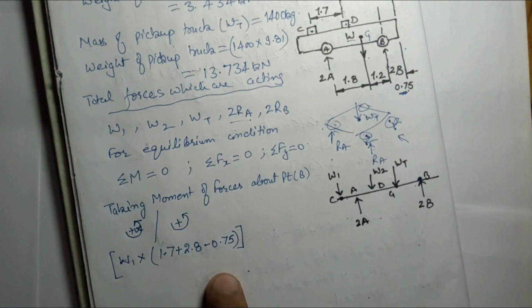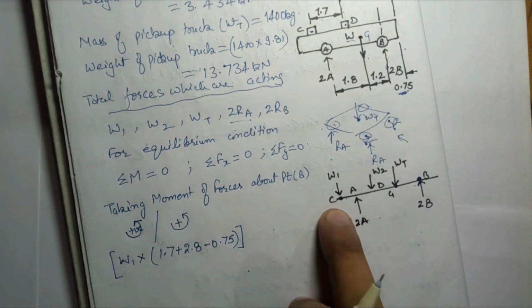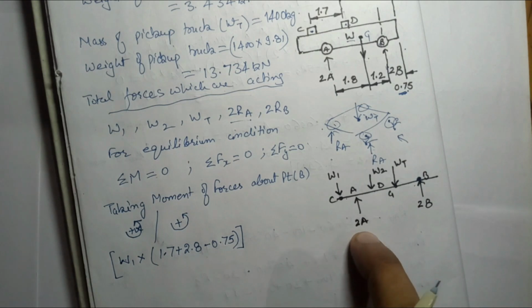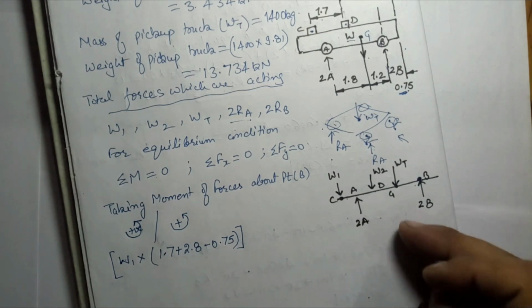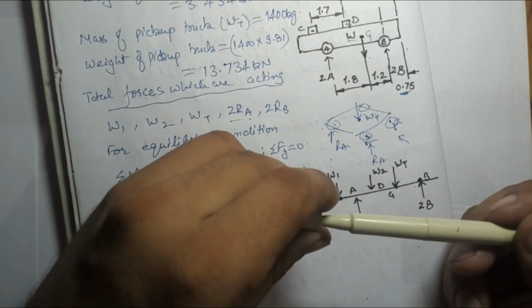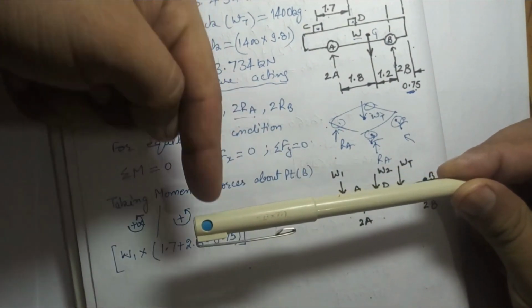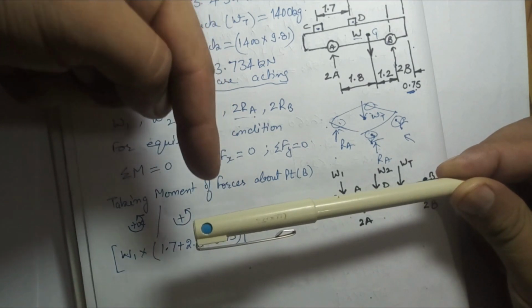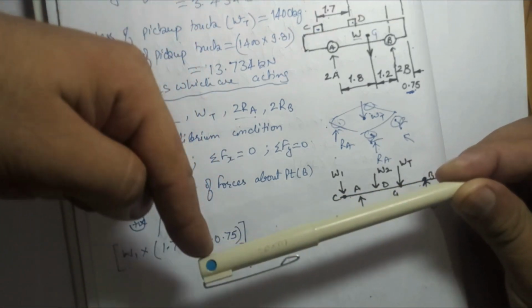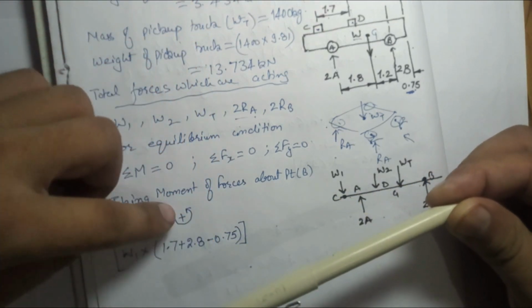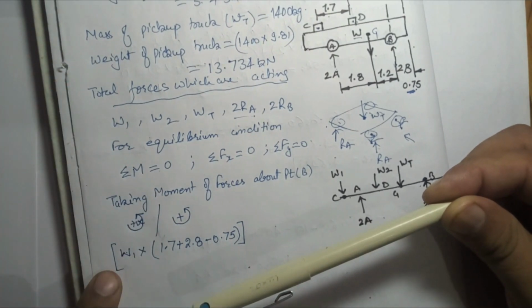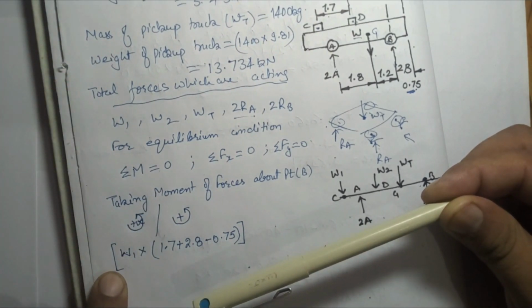So this is the first moment of force for W1. Now we will go for this normal reaction, the second force. Now I have taken it in this way. So this is the B point and this is the force W1. It is acting downward, so it will give anti-clockwise. I have taken anti-clockwise as positive, so that is why this moment of force is positive.